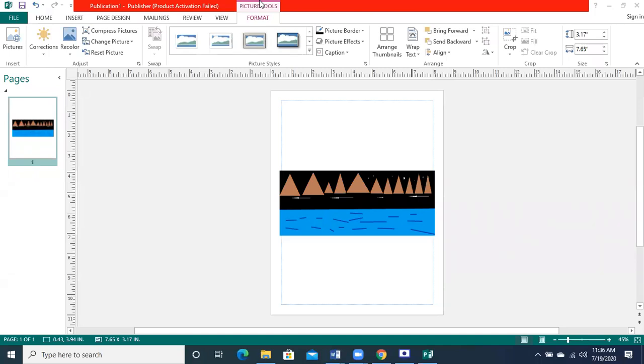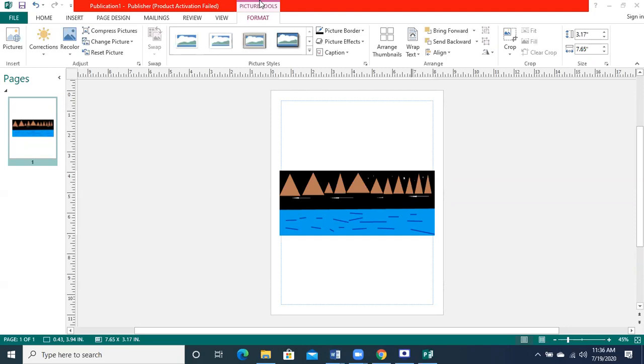Normally it does not appear. When you insert a picture or select a picture in your publication, then it appears. Otherwise, in normal conditions, it does not appear.